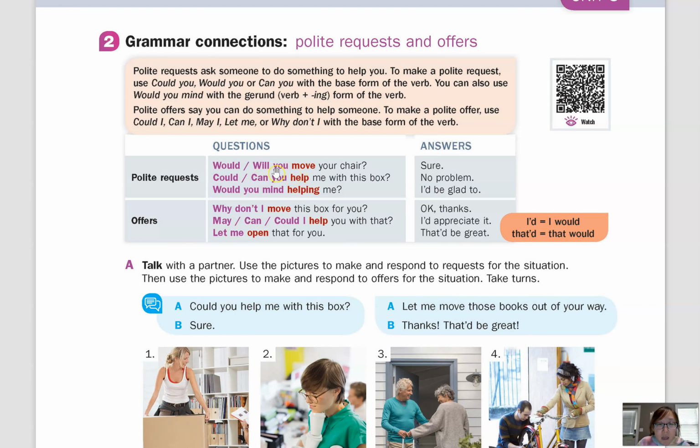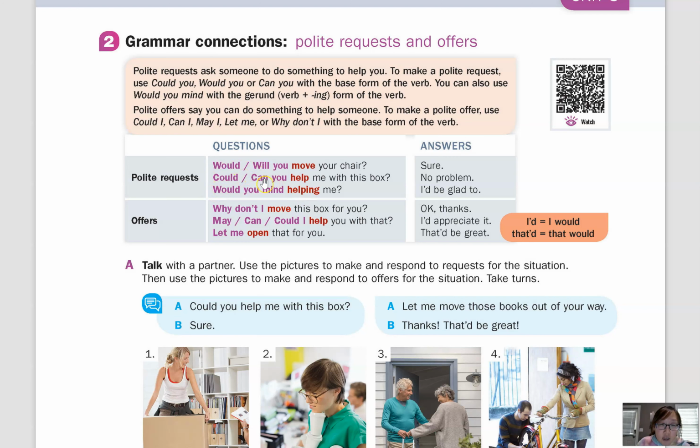So "will you" is commonly used out of frustration, and when we have already mentioned or asked the question many times already. So parents do that a lot. Like, "I've already told you this so many times. I've already asked you so many times. Will you please clean your room?" Okay. So anyway, when we are making polite requests, it's much better and much more common to use